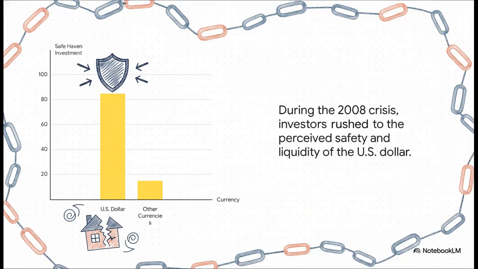Now check this out. This is what's called the safe haven effect. The 2008 financial crisis, it started in the US housing market. So you'd think the dollar would be the one currency everyone would be running away from. But no, the exact opposite happened. Its value actually surged. In a crisis, no matter where it starts, everyone rushes to the perceived safety and depth of US markets, which makes the dollar even stronger, even when the US is the source of the problem.